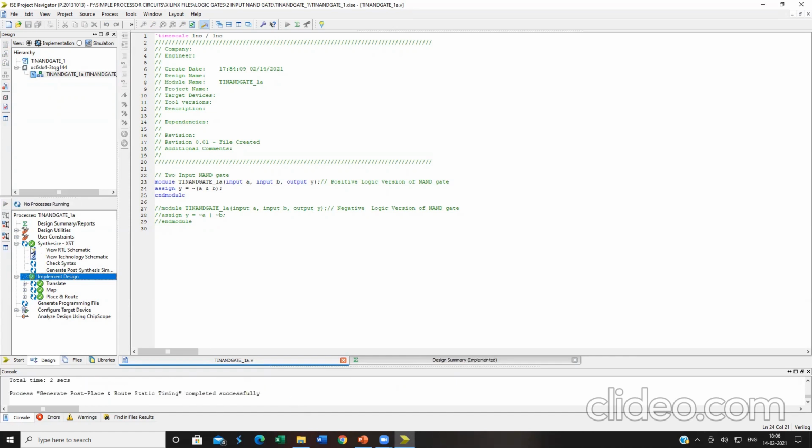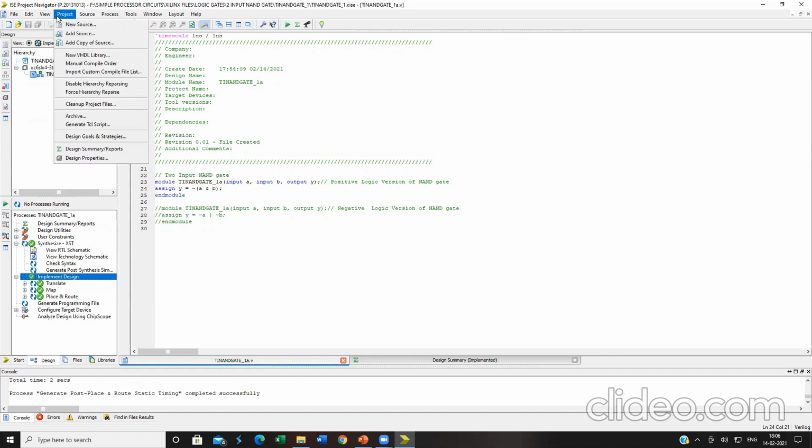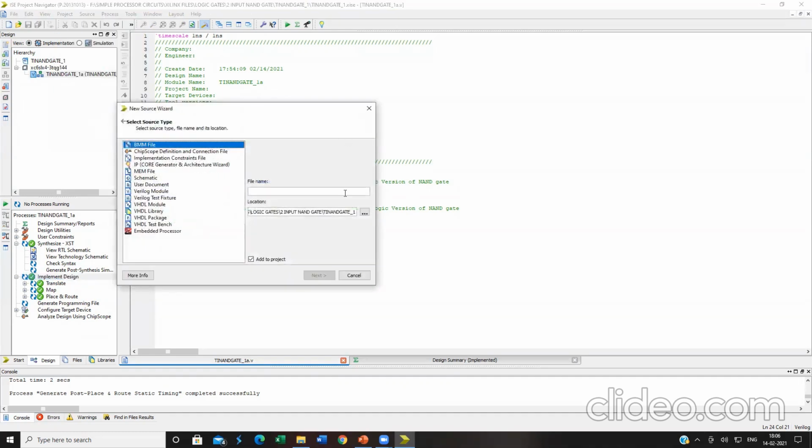Okay, now we have ensured that everything is perfectly correct. Now what you have to do? Go to project, select new source. Again, the new source dialog box will appear. Previously we selected Verilog module.